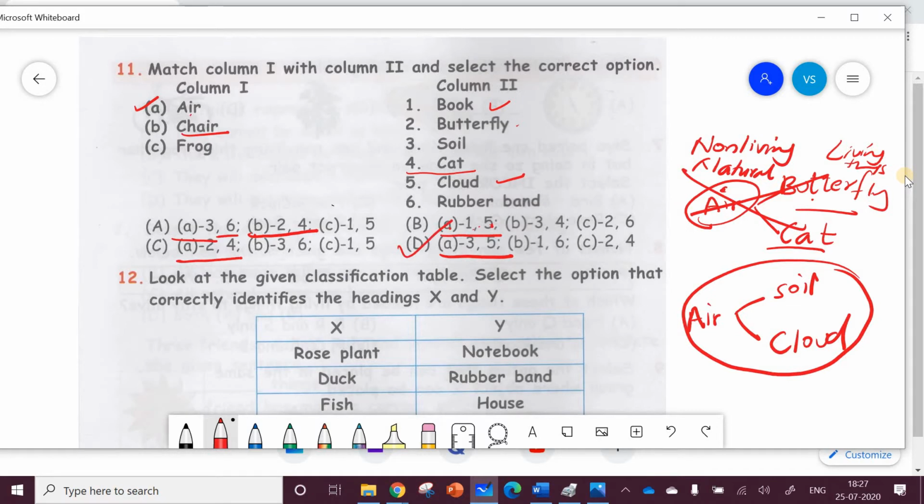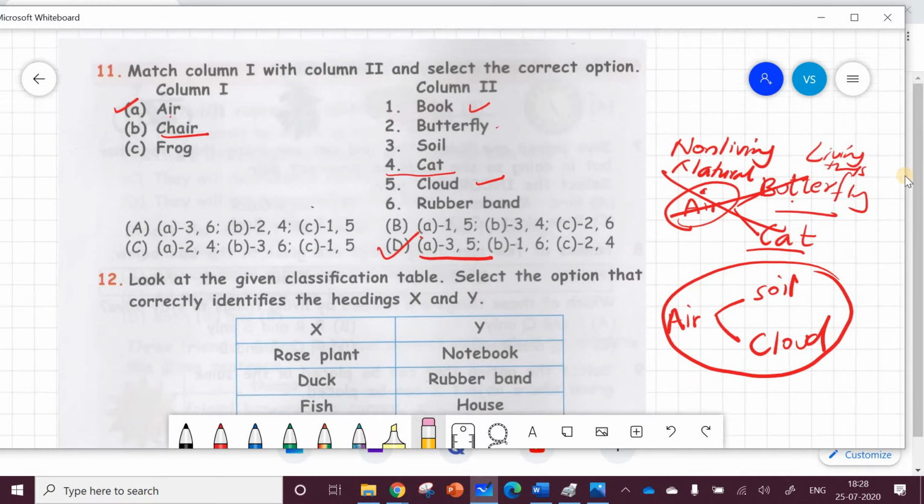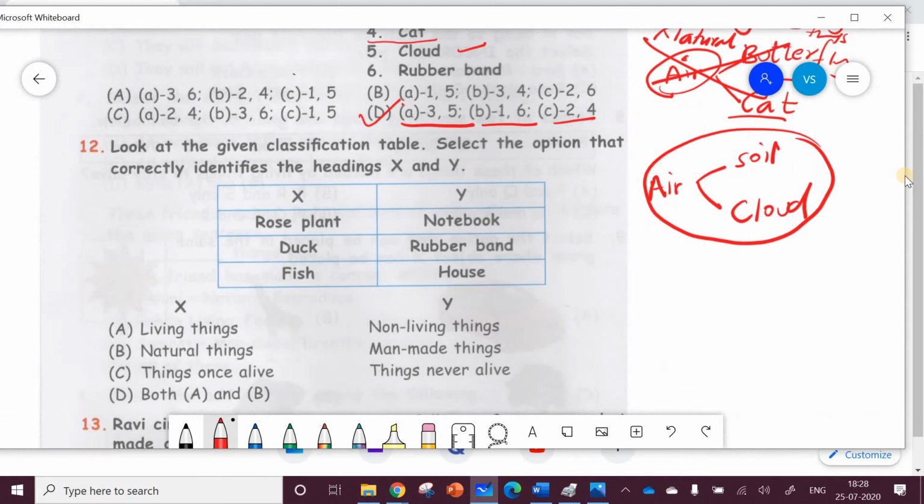One being that to make things easy, you can first check the first options only. You don't need to check all the match the following because then you will take a lot of time in the exam. It is better to go for the first match the following and then the second one, and then you can just see whether the remaining are also correct. So just to double check our work, we can see here whether B and C options are also correct or no.